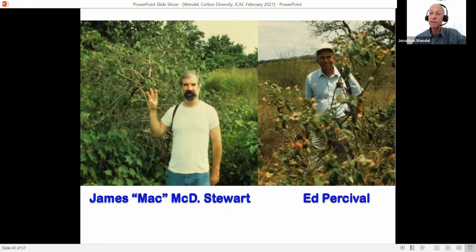We're still describing new species. And we're losing the people who had expertise in this. Here's two of them. Many of you knew Max Stewart on the left. He passed away a number of years ago. So did Ed Percival on the right. These were the most joyous, skillful collectors of plants from around the world, giving us a lot of the resources that exist in our germplasm banks